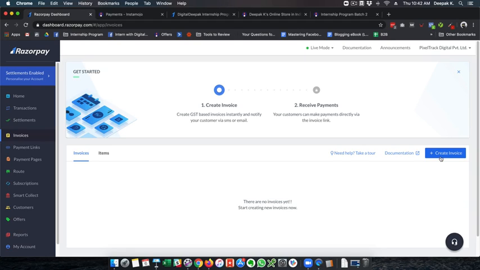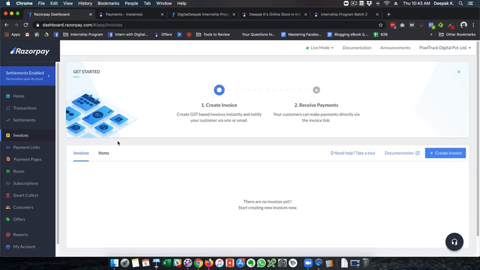I can create an invoice and get them to pay on Razorpay directly. But ideally when we go for B2B, we don't even want the 2% transaction charge. Ideally, my client recurring payments are around 3 lakhs per month and 5 lakhs per month. And for 5 lakhs, I would be paying 2% fee, which is almost 10,000 rupees. I could have a party with 10,000. So I'm not really using Razorpay for it.